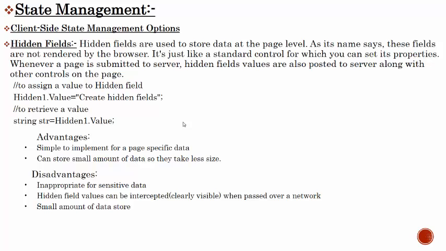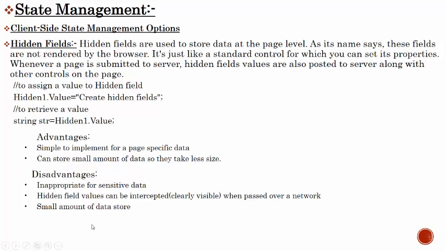Now what are the disadvantages? Inappropriate for sensitive data. It is not appropriate to store sensitive data inside your hidden field, so you cannot store any password value inside the hidden field, because it is visible. Second disadvantage, hidden field values can be encrypted or clearly visible when passed over the network.